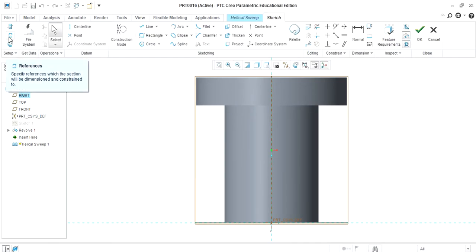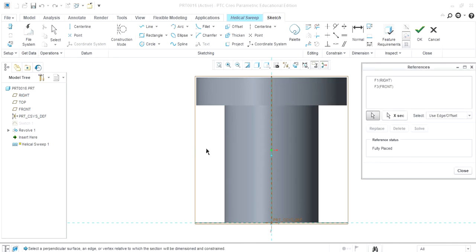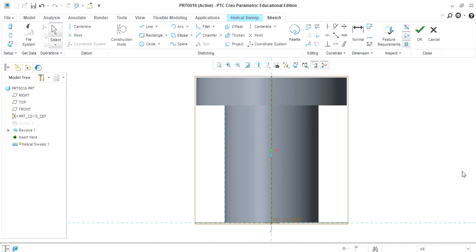With the help of the reference section, select this line as a reference, click on close, and draw one line starting from the start point up to the distance to which we have to draw the threads. In this particular case, we want the dimension up to 200 mm.